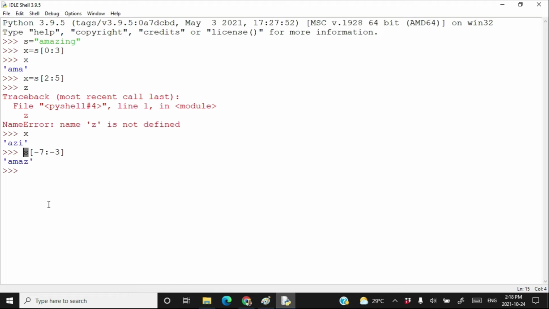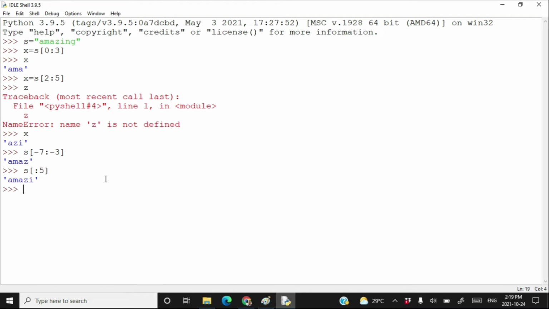So that's how you can slice any string. If I write s[:5], it means I have to start from the beginning and go up to 5 minus 1, which is 4. So start from 0, 1, 2, 3 and 4. Therefore, the new slice of the string will be created using the characters AMAZI.